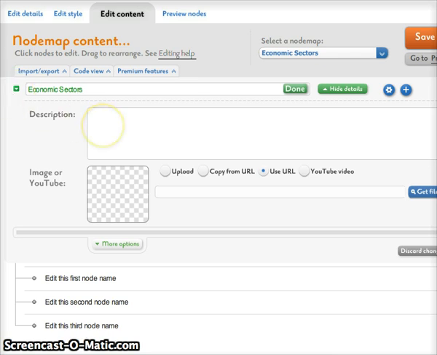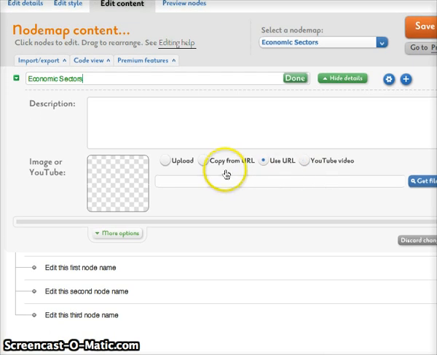And you can enter a brief description here. I'm not going to enter a description. But down here where you have image or YouTube, Spicynodes allows you to upload an image, copy an image from a URL, use a URL, which means you can link to outside resources, or use a YouTube video in your node map. In this case, I want to copy from a URL, and I'm going to paste the URL of